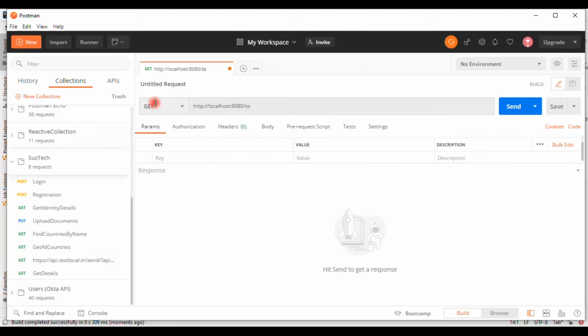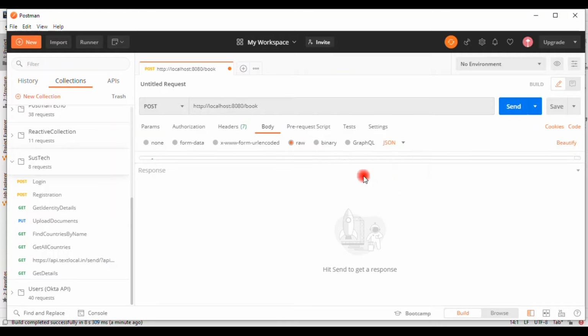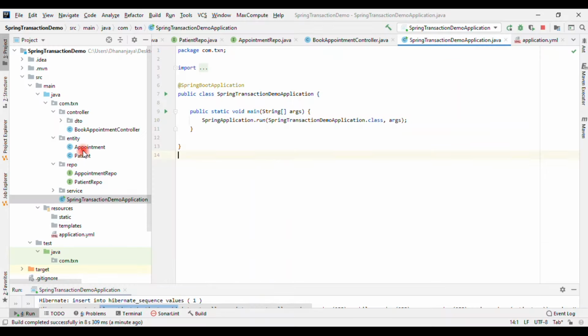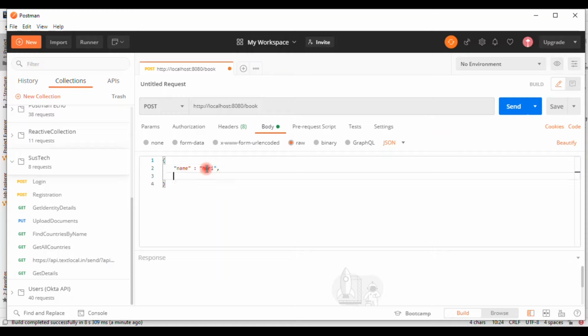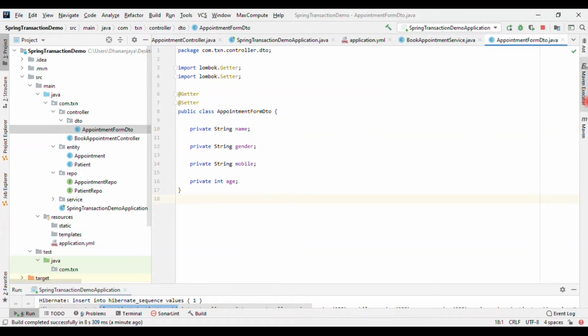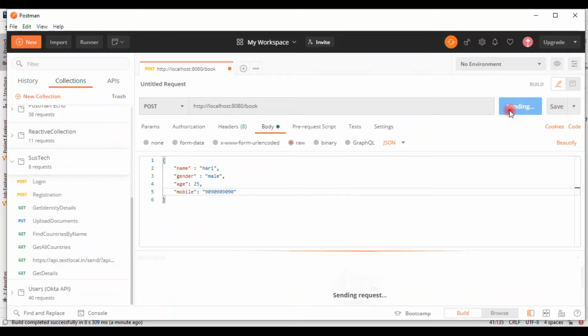Localhost 8080 should be a post request, and then book, right? Then in body, we'll select the raw data, then JSON format we'll select. In JSON you need to pass the data. Let me send the request.